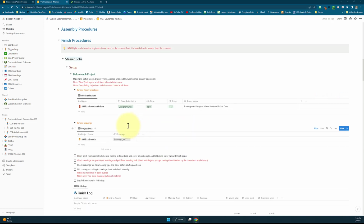And the next piece of it is to review the drawings. Now, I've talked about this many times, this project data and that the drawings are here, but I just want to pop into them once and show you what happens when we do this. So there's the drawings. This is the name of the drawing file. It's a PDF file. If we click on it,